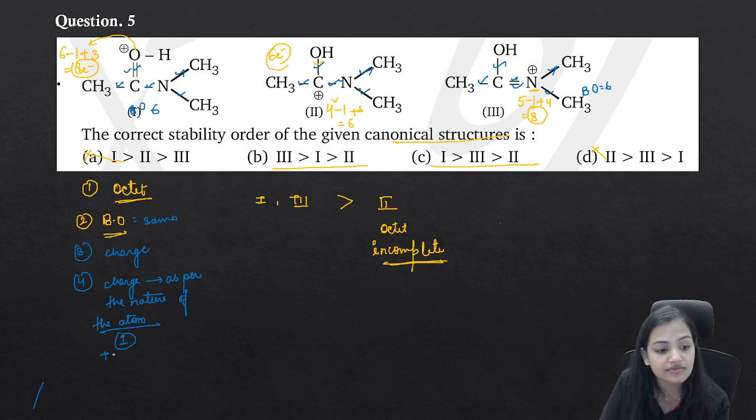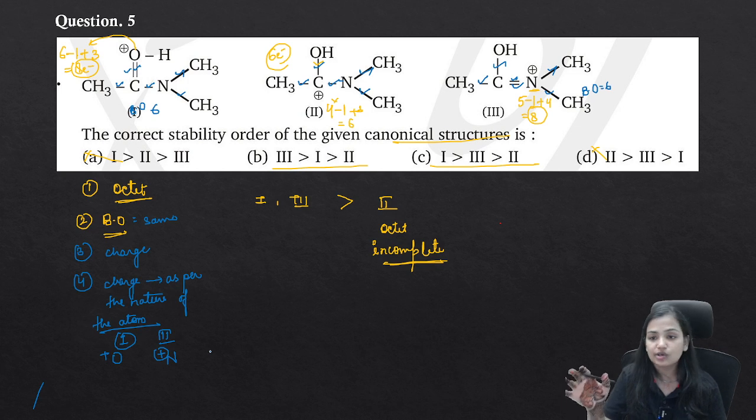In the first structure, we have a positive charge over the oxygen. In the third structure, we have a positive charge over the nitrogen. So which is better? Generally we would say that the positive charge is not at all stable, neither over the oxygen nor over the nitrogen, because both are electronegative species. But relatively, we know that